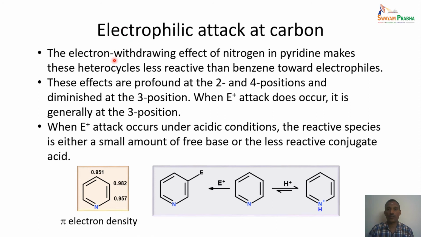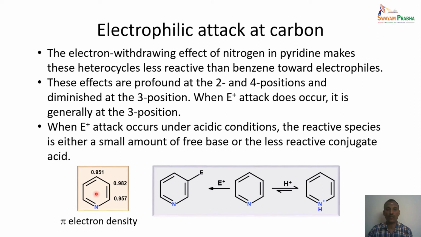Let us look at the next reaction, which is the electrophilic reaction. The electron withdrawing nature of the nitrogen in the pyridine actually makes the heterocycle less reactive than benzene towards electrophiles. In other words, the electron density is already deficient on this particular ring. So that means an electrophile, which has a positive charge, cannot easily attack the pyridine ring, because the pyridine ring itself has less electron density compared to benzene. So that is the reason, even though the electrophilic reaction does take place on this one, it is only under harsh conditions